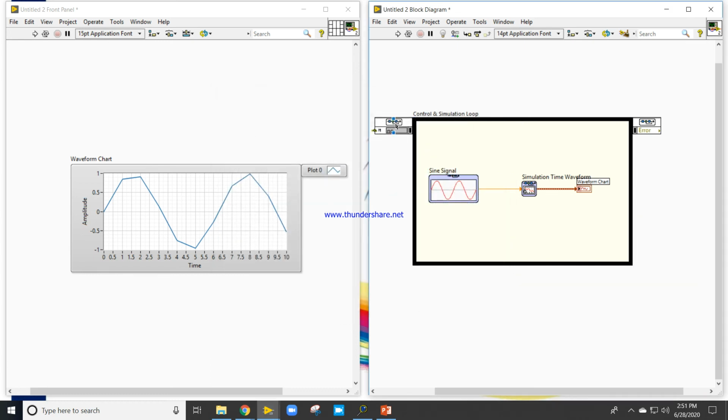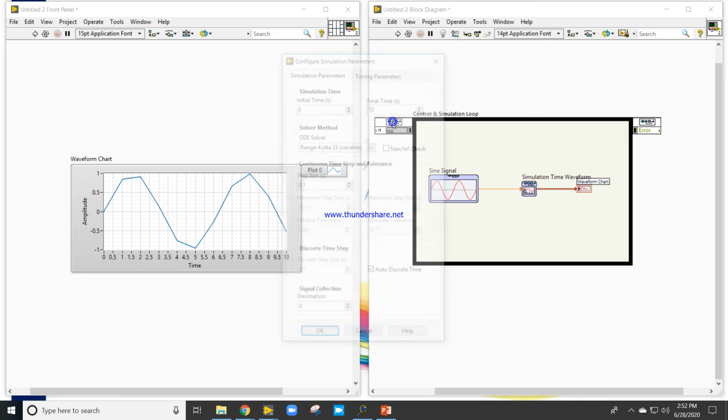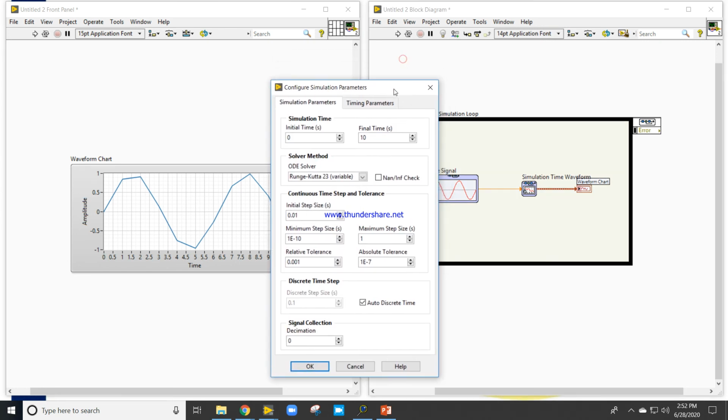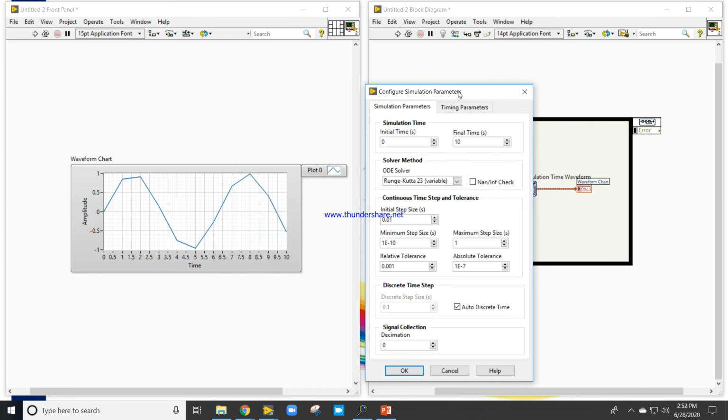Because we need to set the ordinary differential equation solver. For that, double click on this and configure. We will use the ordinary differential equation solver; the initial time is 0 and the final time is 10.